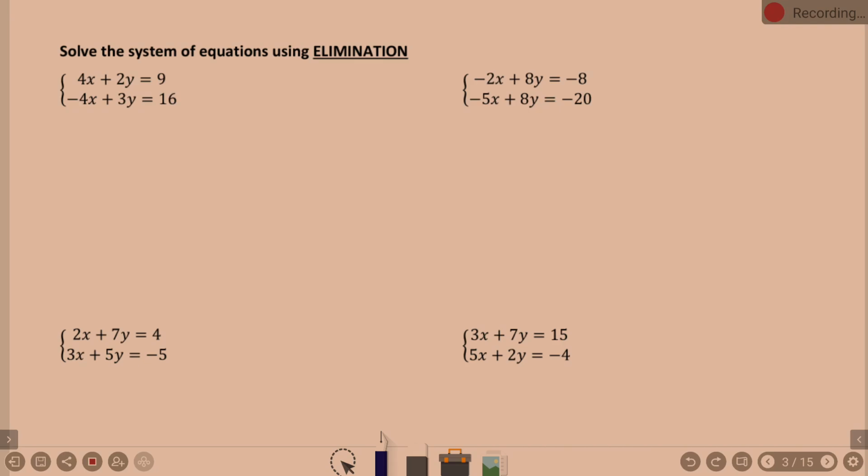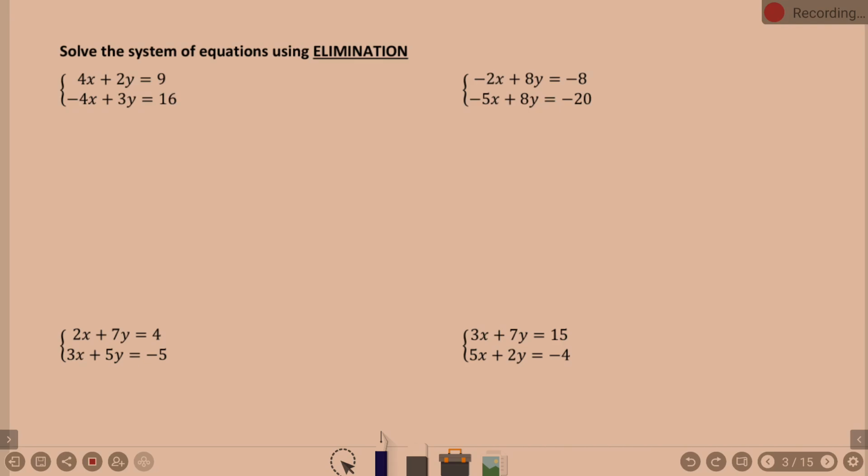Here, our goal is to eliminate one of the variables, okay? As we look at our first example, 4x plus 2y equals 9, negative 4x plus 3y equals 6. Which variable does it look like we should eliminate? Which one's going to go away the easiest? X's. And why would you think that? Yeah. They have not only the same number, they both have coefficients of 4, so they're both 4x's,